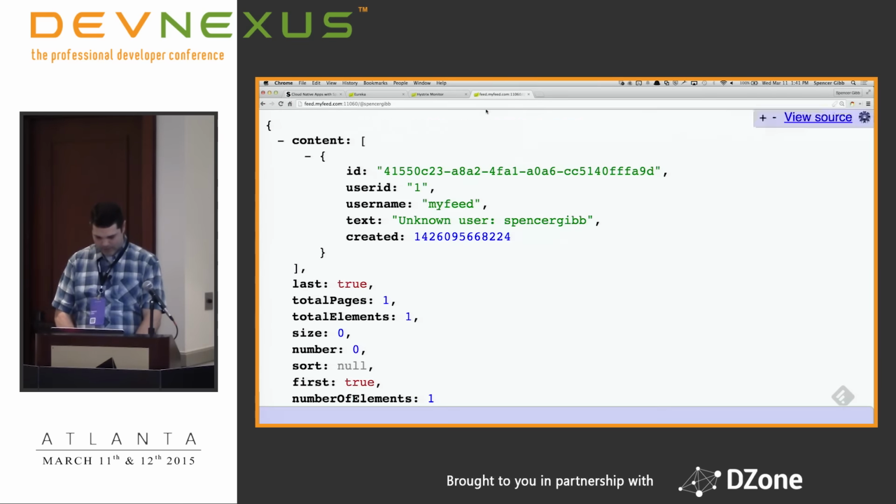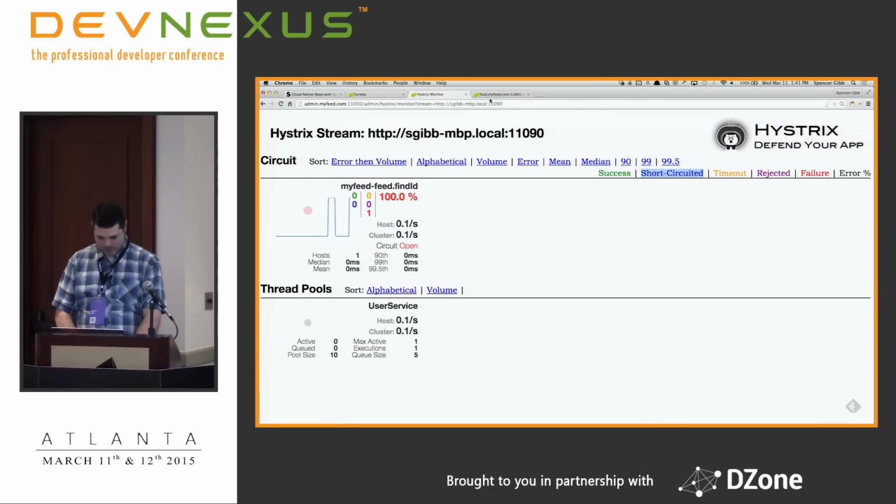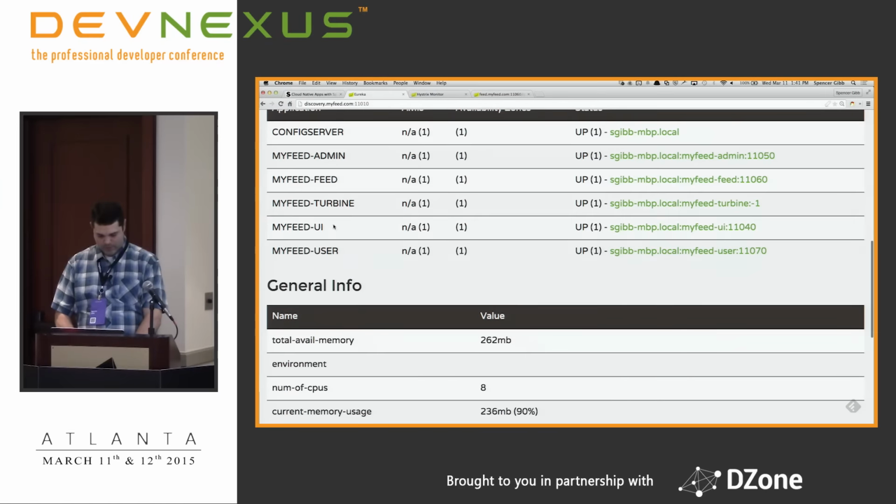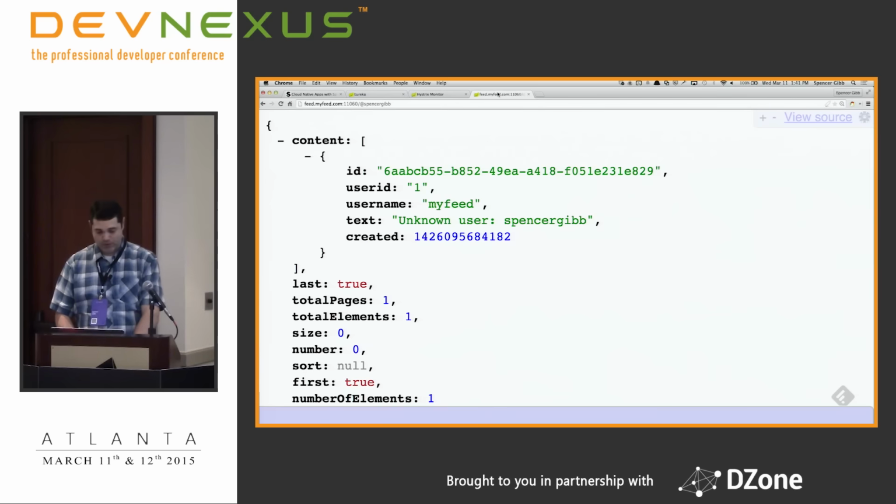So if I give this a little bit of time, the user service needs to come up and register. So now we see we have a bunch of services. The user service is registered with Eureka.